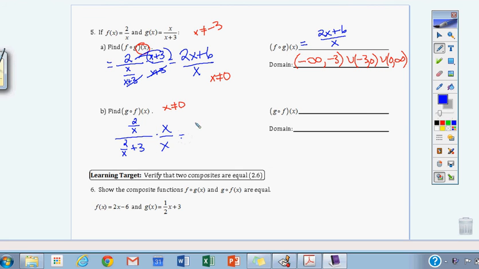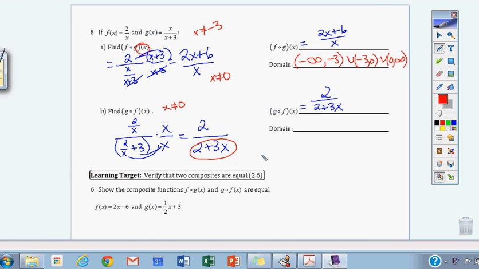That's going to be equal to just 2 on top. And then when we distribute through on the bottom, you'll actually get 2 plus 3x. All right, so the actual composite function here simplified is 2 over 2 plus 3x. But we got to talk domain. Once again, we are not allowed to have